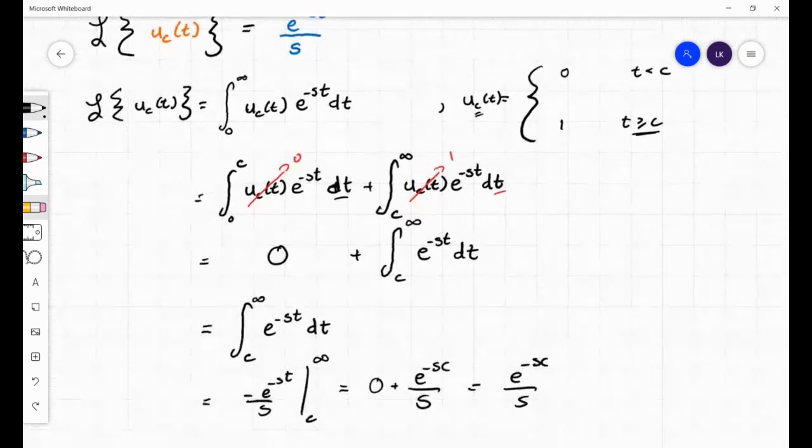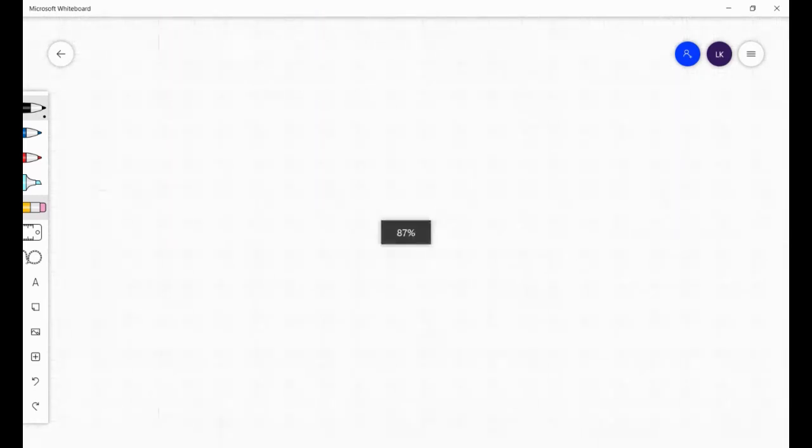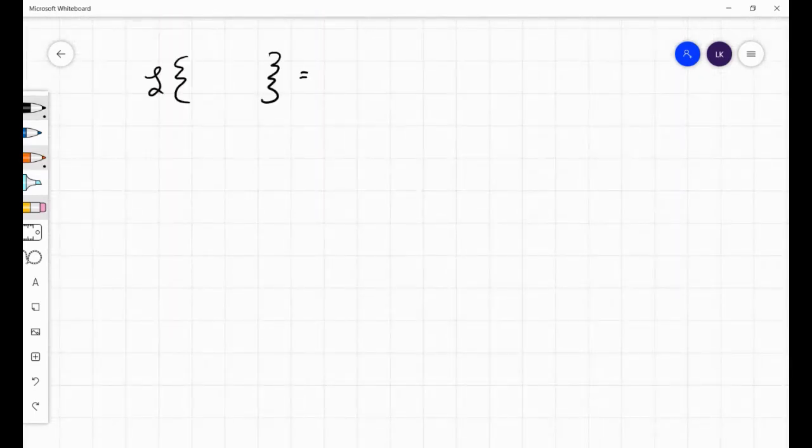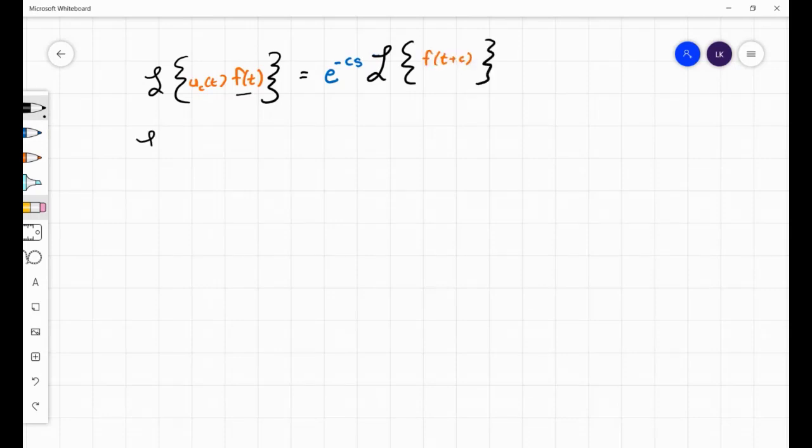But you can do better. You can find a formula for the Laplace transform of a step function times a function of t. The step function, in a sense, is going to turn into this exponential e to the minus cs. Then we're going to multiply that by the Laplace transform of the function, but after we replace t with t plus c. So for example, suppose you have a step function that turns on at, let's say, 3,